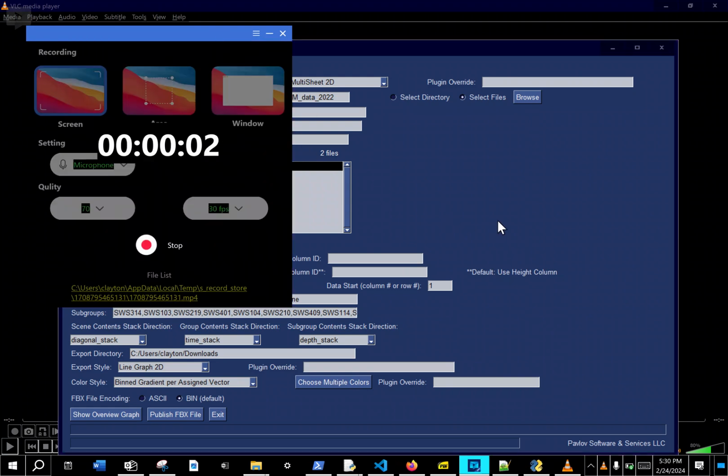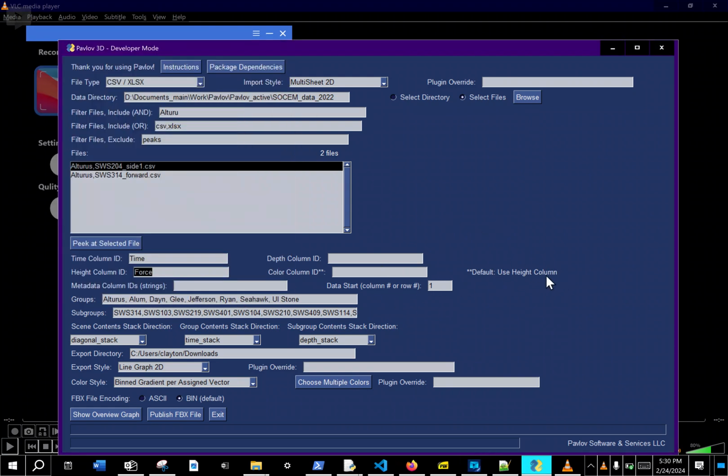So here it is redundant. The height column is defined as the default color column. If you put something else in here as the color column, then that'll change. The way I would do this, if I had a distance value and I had another value like speed, how